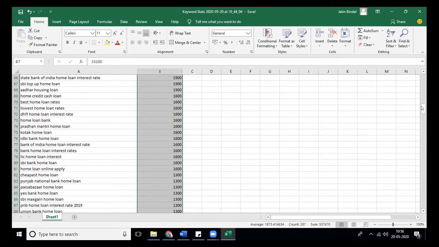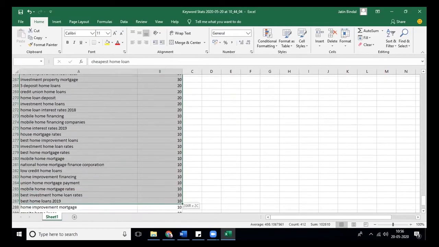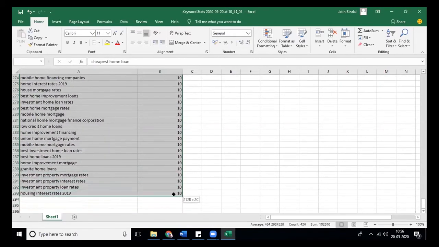So that's why we will not consider them. How to apply the filter: instead of 1800, you can take it down to 1600 also, because a lot of keywords, 10, 12 keywords, are coming under that bracket. For the rest of the keywords, right now you will hide them.